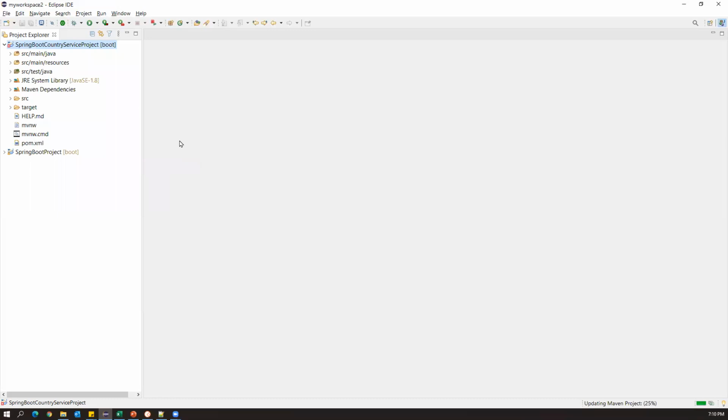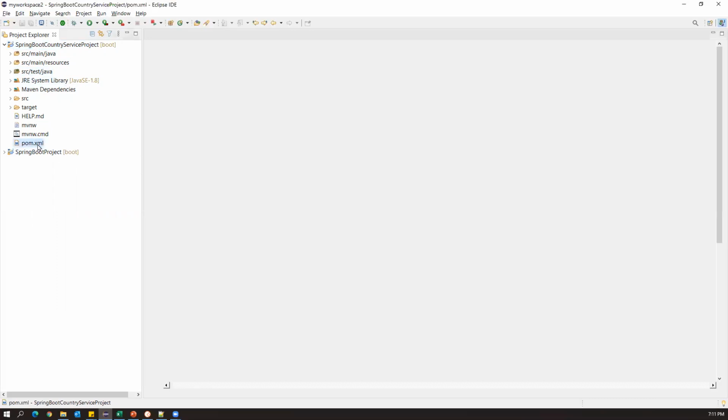Okay, so this is the first step: we have to create a new Maven project. Once you have created a Spring Boot project, what are the default options you will get? We get default packages here: src/main/java, src/main/resources, and src/test/java. Inside src/main/java, the development code will exist. In src/main/resources, you can keep all the resource files. And all the unit test cases are kept inside src/test/java. So src/main/java is used by the developers, and src/test/java is used by the testers.